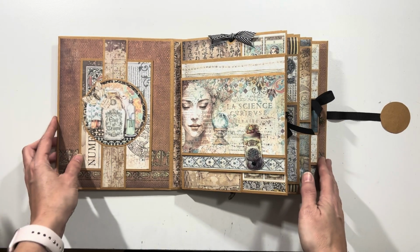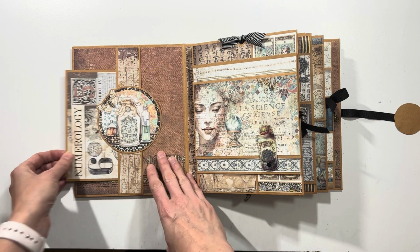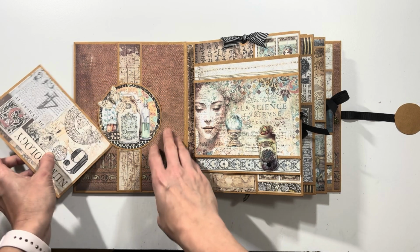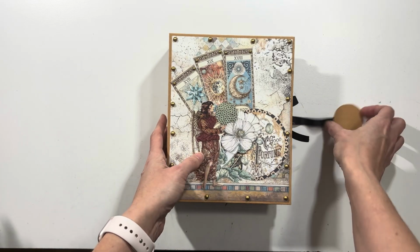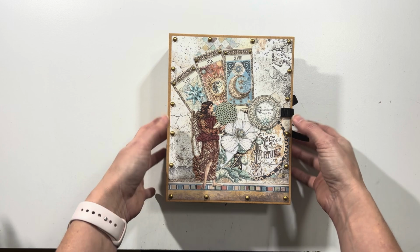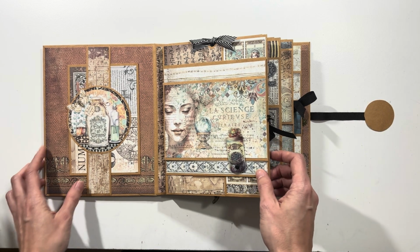Opening up on the inside, the inside front and back cover both have a belly band with one of the circular pieces from the 12 by 12 paper, and then a photo mat inside. There is room that you could add some additional photo mats, but you want to be careful because this album, the way it is matted currently, has enough room to add photos, but if you start adding more and more stuff, this is going to expand